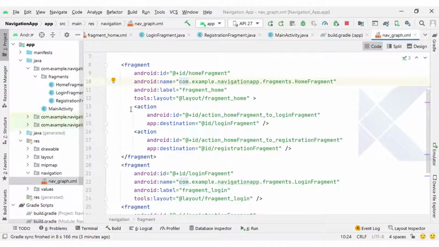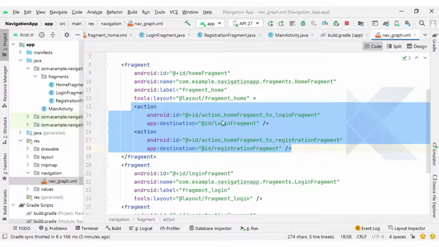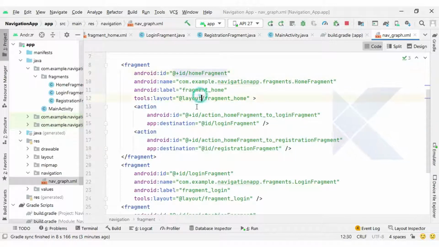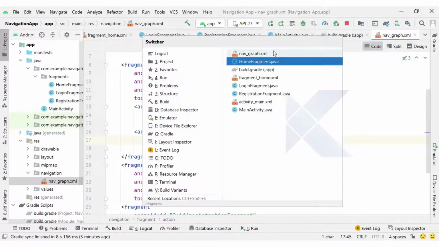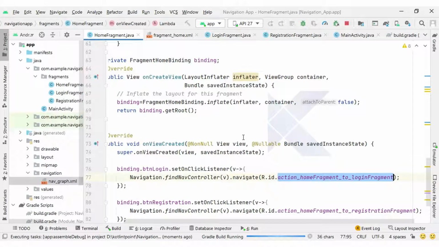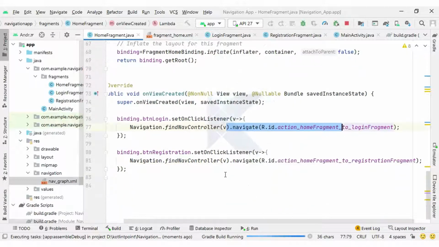You can see we created two actions here inside home fragment to redirect to the respective fragments. So with this coding, if you run and check the output, if you click on button login, it will redirect to the login fragment, and if you click on registration, it will redirect to the registration fragment.